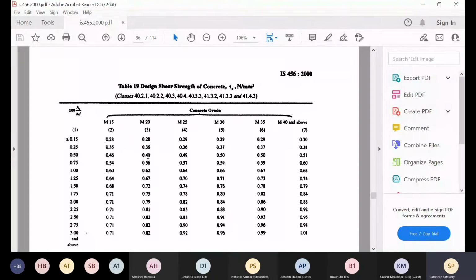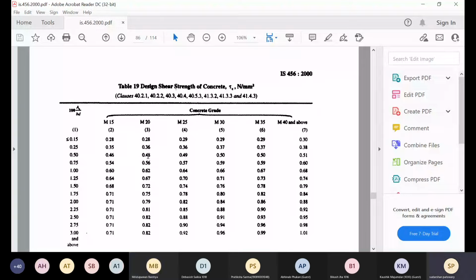So when you are designing a beam, suppose in the last class we have designed a beam. Suppose in the exam there is a question: design the beam. This is the section, this much is the moment, and you need to design the beam. Designing the beam means that after calculating the longitudinal reinforcement, you have to say whether you have to design the beam for shear or not. Clear? Yes, sir. Okay. Next point.